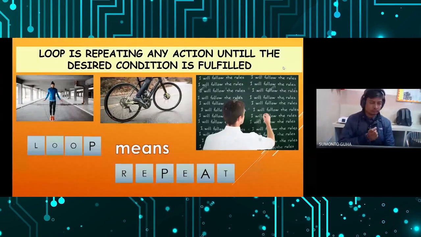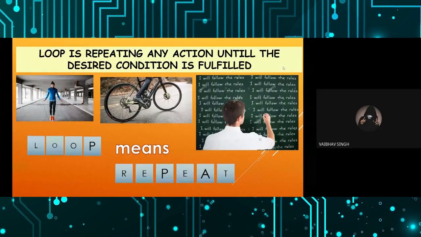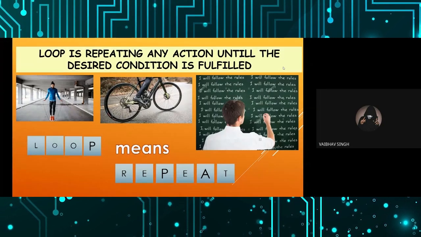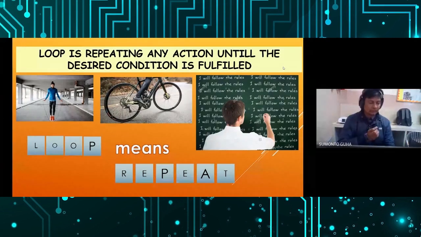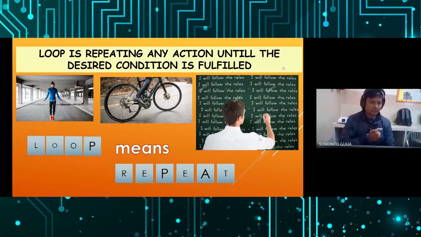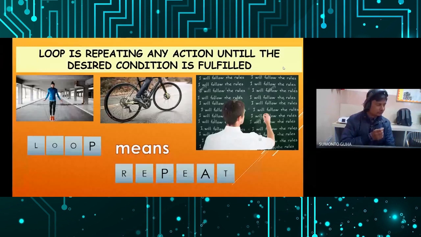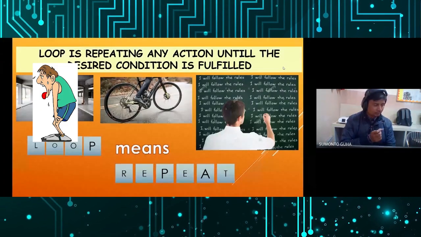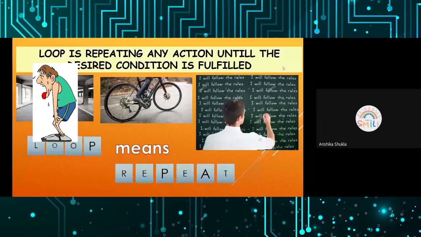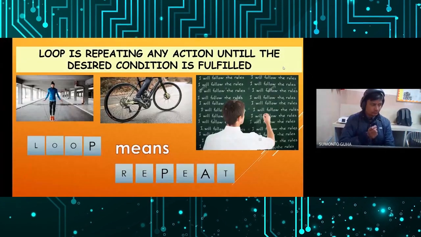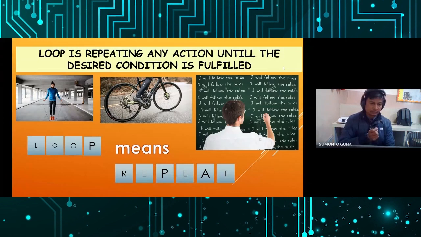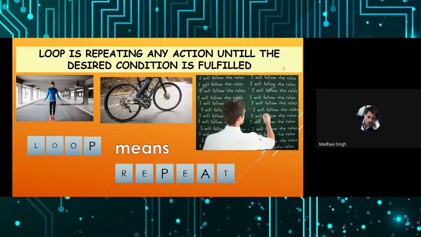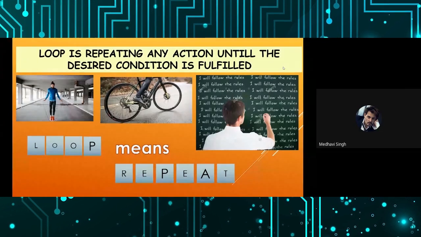Sir, until he gets to the point where he has to go. In the first picture, the person skipping is not moving anywhere. Sir, so till the time he gets tired. Okay, Medhavi Singh. Sir, until he is out of breath. Okay, Anshika said until he is out of breath, he will continue to skip. Medhavi Singh. Yes, sir. Until the point he has to reach, like he has decided a number of skips he has to do, like 200 or 300.